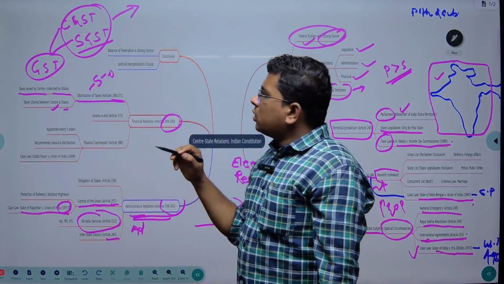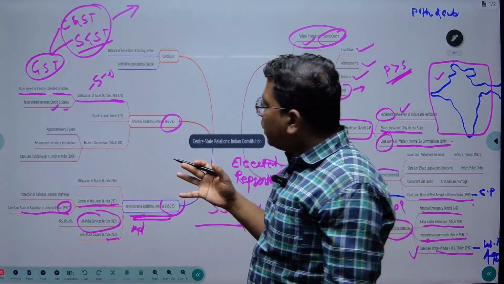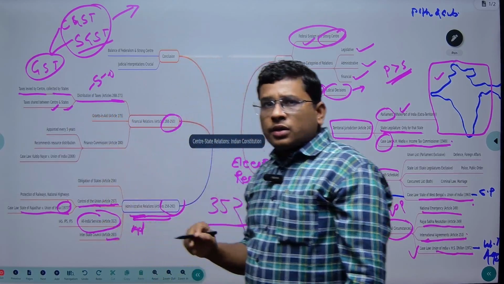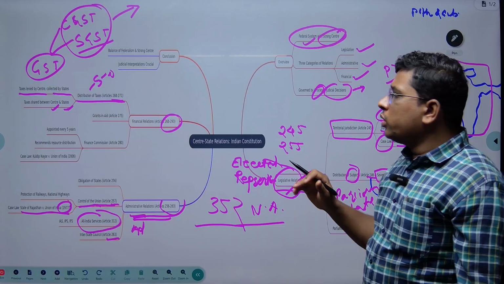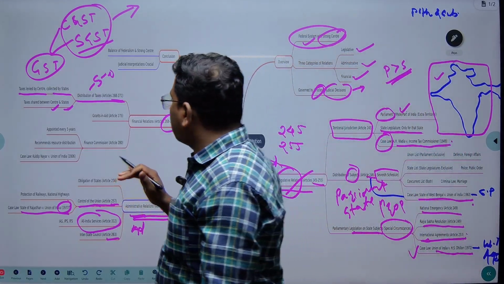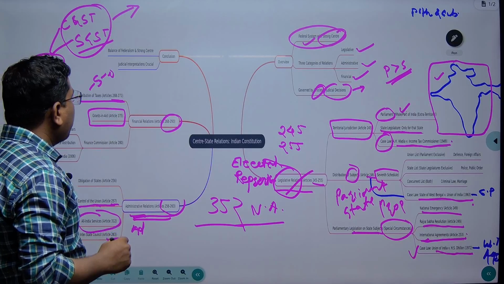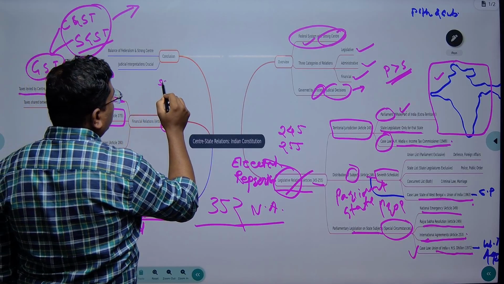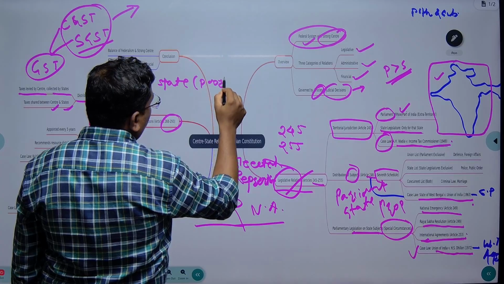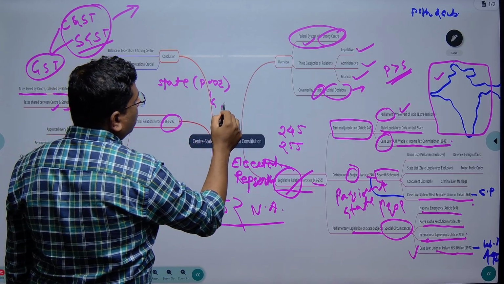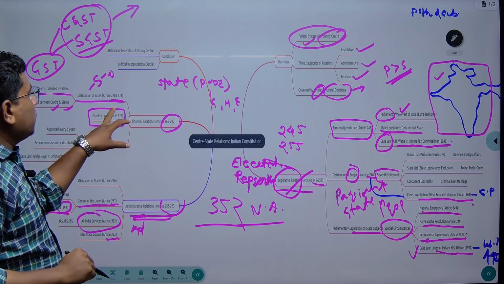Then taxes shared between the center and states. So the collected taxes are shared between the center and state. For that, the Finance Commission's recommendation is mandatory. The Finance Commission proposes how the tax is shared between center and states, right? Then grants in aid means some poor states, due to their geography, history, economy, right? So grants in aid.